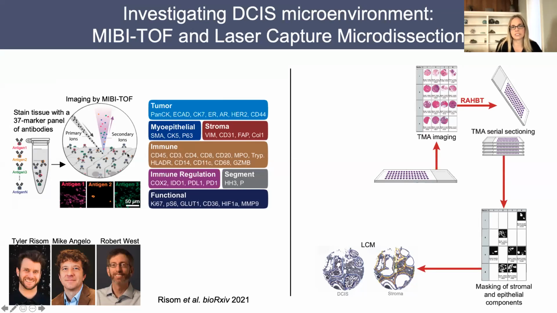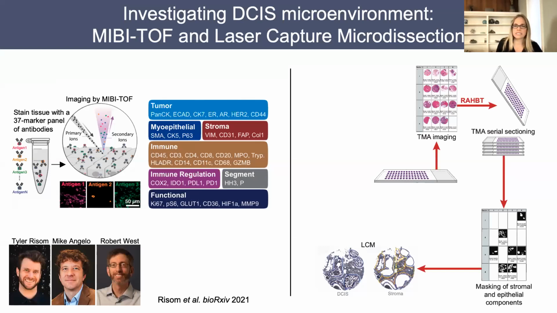And this allows us to simultaneously read out some 40 markers. And you can see the panel of markers that was used here for the DCIS cohort. They span both tumor features as well as myoepithelial, stromal, immune, as well as markers of immune cell regulation and functional markers. And so in work that was led by Tyler Risom, a postdoc in Mike Angelo's lab, together with Rob West,